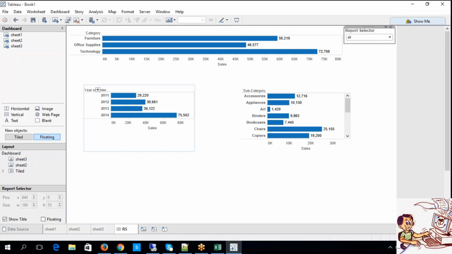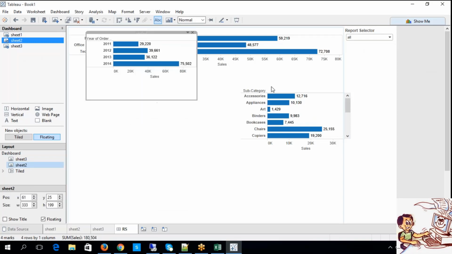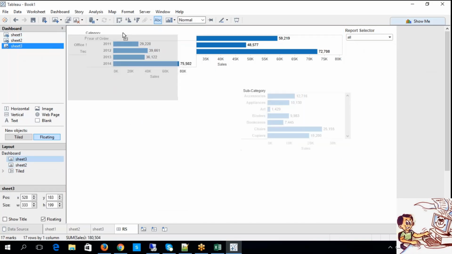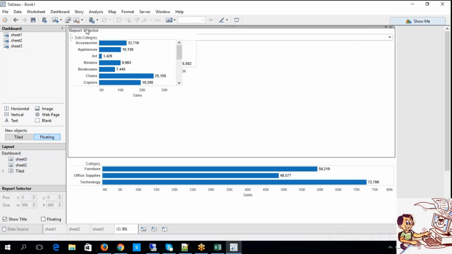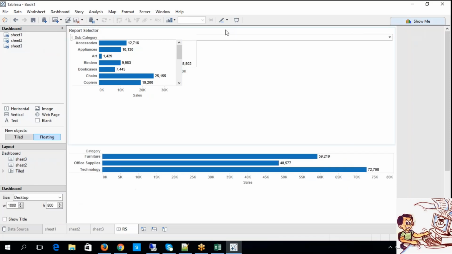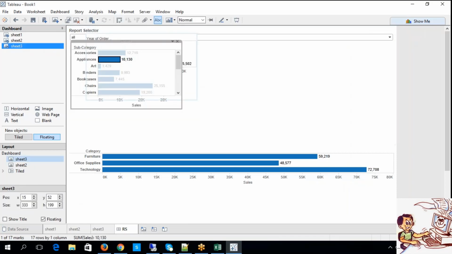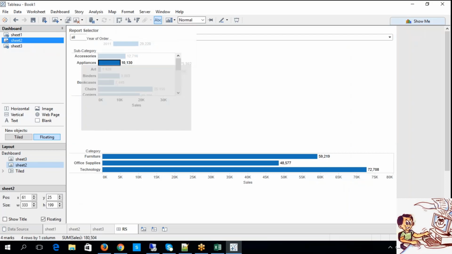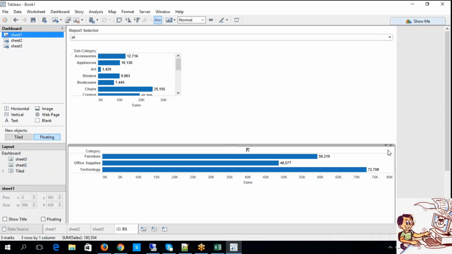And you know what? Since we are having this report selector, now look at this. You can play around in this way also. Let me keep it in a clumsy way. Look at this. I'm just trying to overlap it all together. It comes with practice, guys. You have to practice a lot. Simple. Now look at this. What am I trying to do? I'm trying to overlap the content in a simple way.